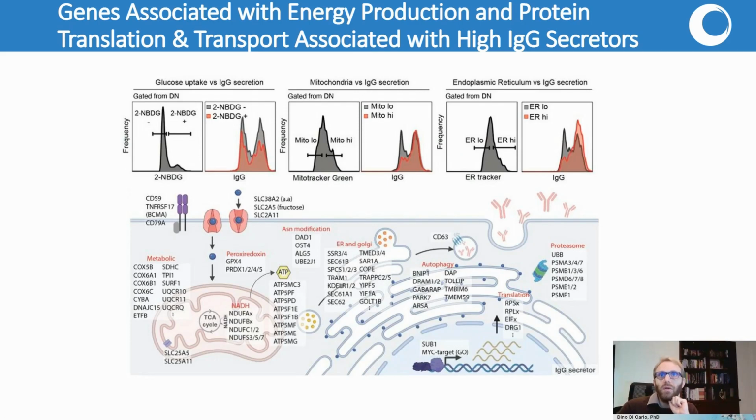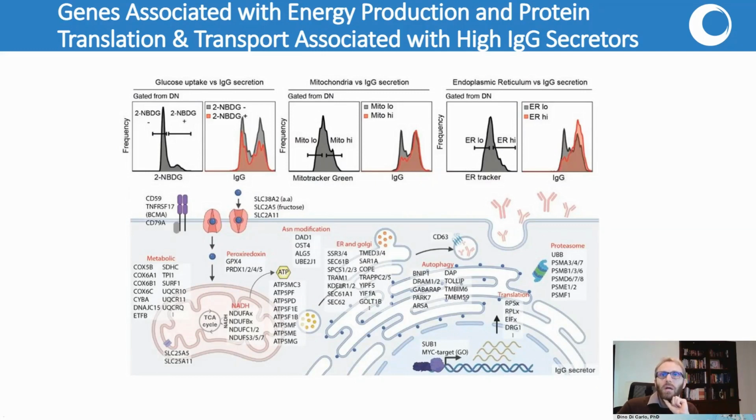And there's many things that we found. So besides new surface markers, we also find some other mechanisms that play a role in this high IgG secretion, including energy production. So what we found is a lot of genes involved in energy production. And then if we go back and look at the mito-high versus mito-low cells, they also have differences in IgG secretion,